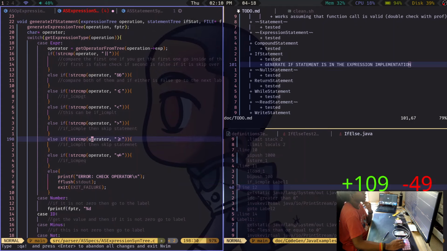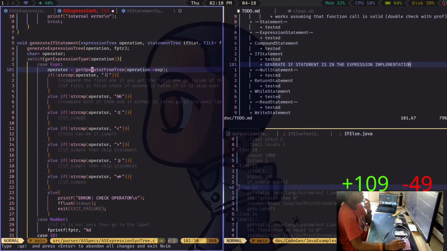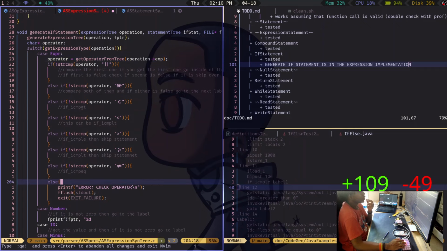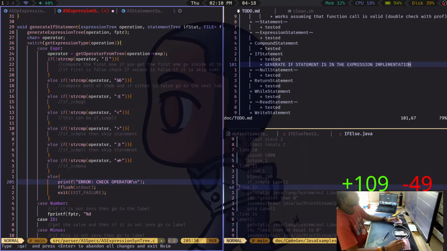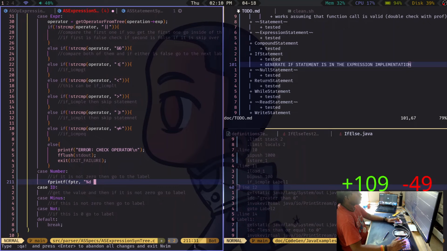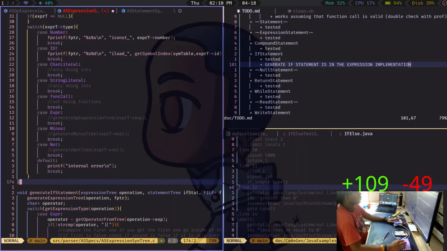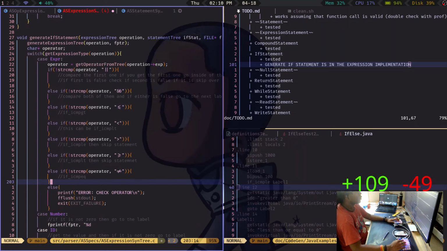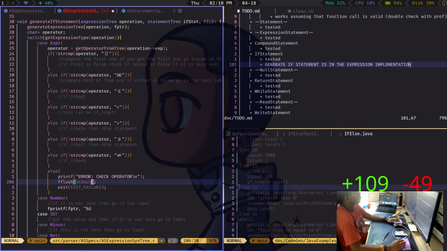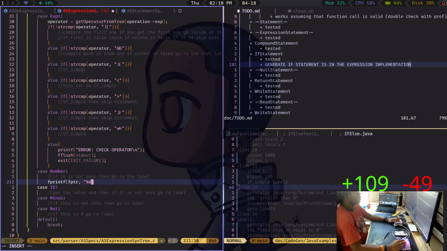Okay. This whole block is for operator expressions. This one is just if the whole expression is a number. So if, I'm in the expression, so I can get the value of the expression. But we don't need to do that actually.